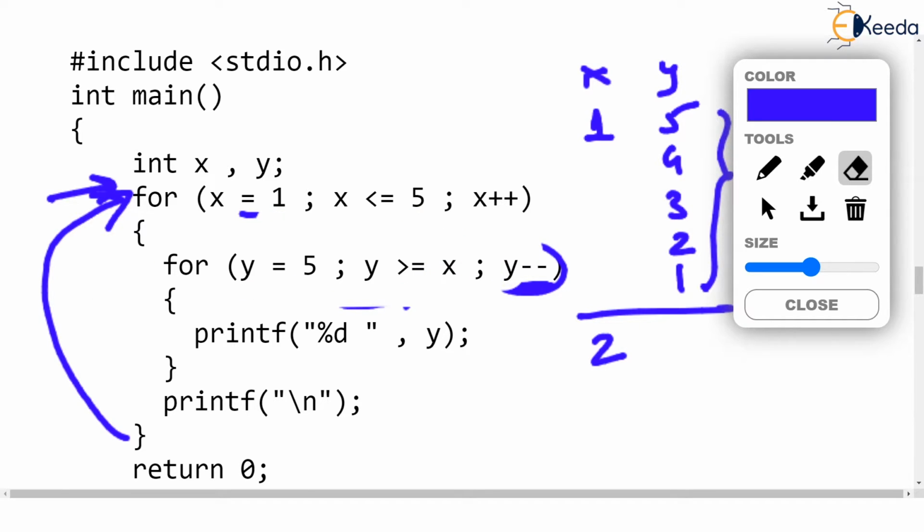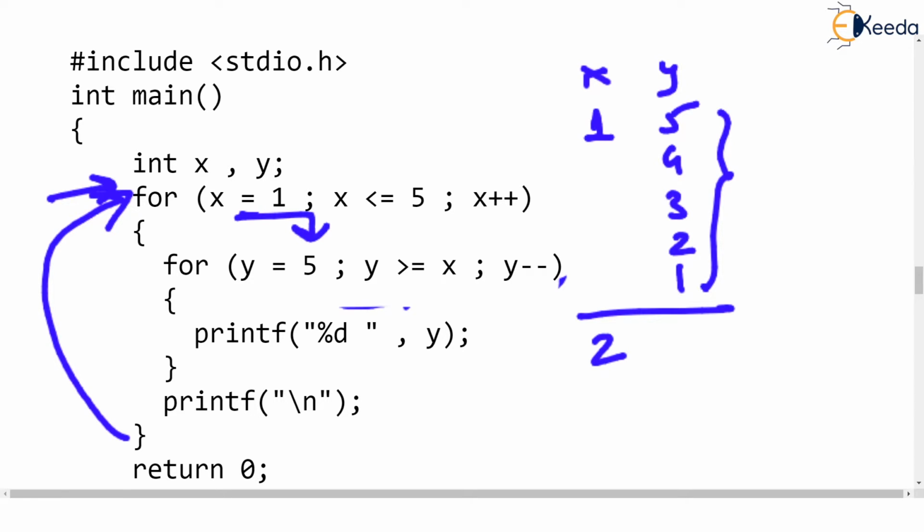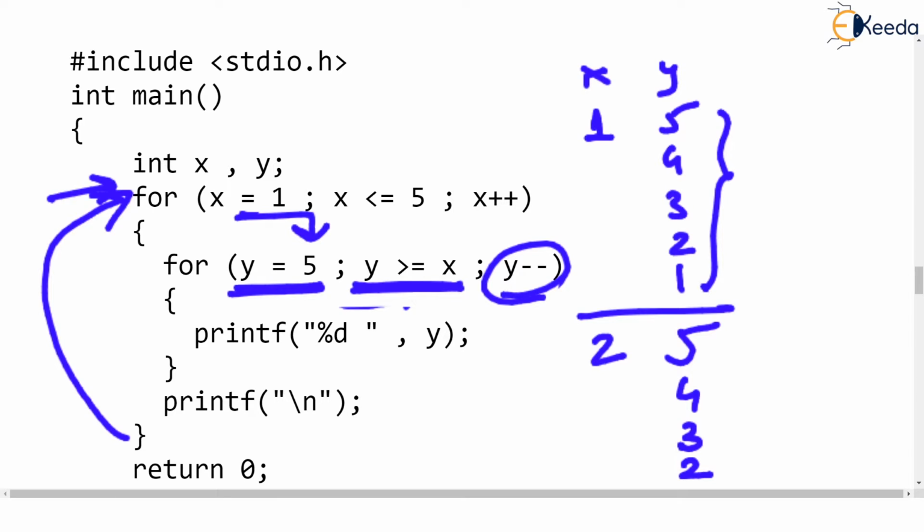So when x is 2 second time in the outer for loop, you see the inner for loop says I will count from 5, okay, y is 5, and then I'll decrease y, okay, 4, again decrease y, okay, 3, again decrease it, okay, 2, but then I'll stop because the inner loop says that I will keep decreasing y till y reaches x, and x this time is 2. So clearly the inner loop has counted as 5 4 3 2. That gives us a hint that next time when x is going to be 3, y will always begin with 5. Come on, here the initialization has been written as y equal to 5 and it will go up to x,